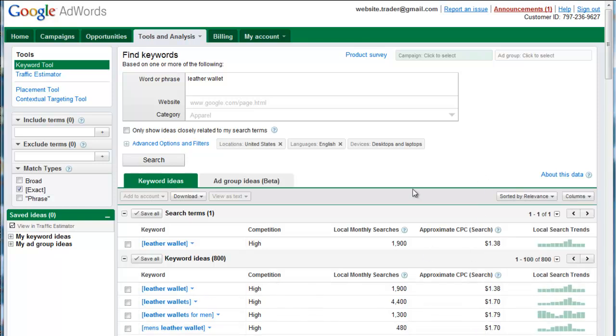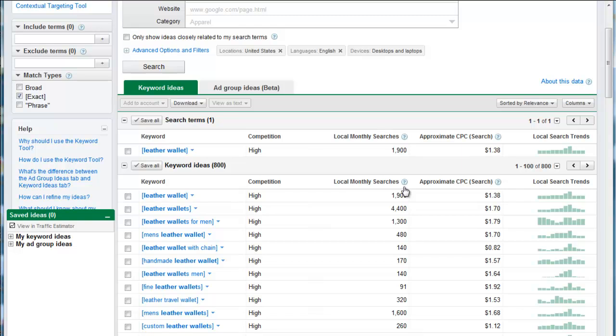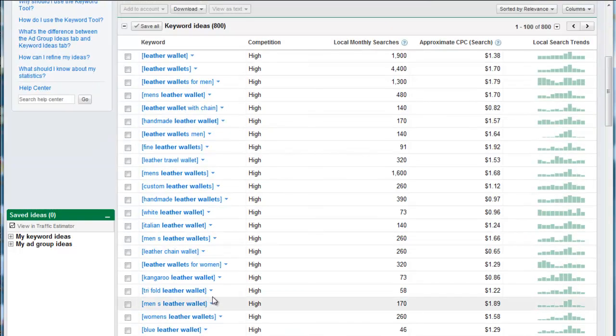So we're going to go ahead and do that, and now I'm going to show you what kind of keywords I typically look for when I'm ranking. Typically when I'm building out a niche site, I like to pick a root keyword. Now the root keyword is going to be something that I can branch other keywords off of. For example, if my site was about leather wallets, I would have my root keyword be leather wallets. I would then have a couple different sections such as leather wallets for men, leather wallets general, custom leather wallets,